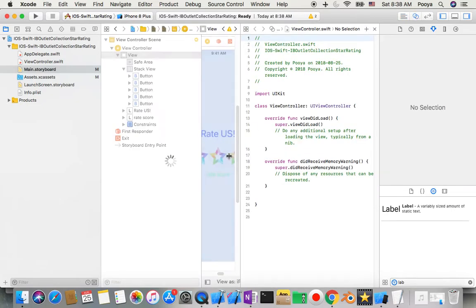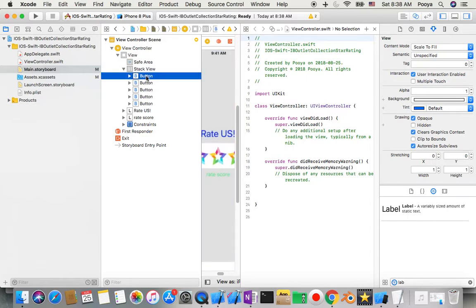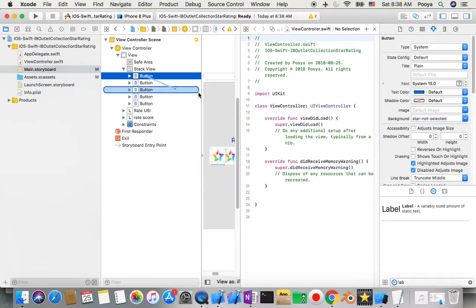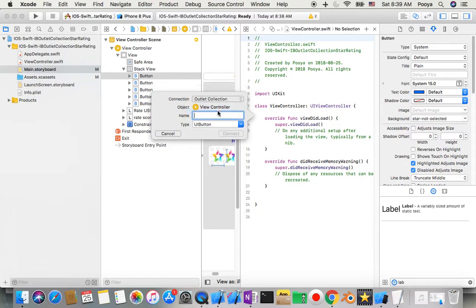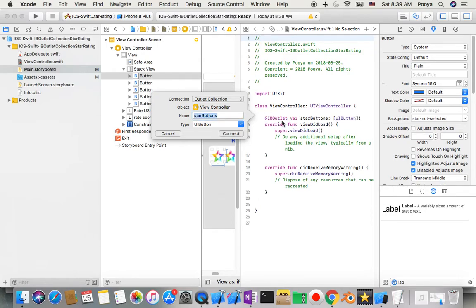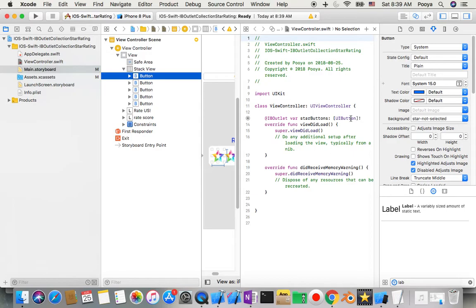So I open Assistant Editor, and from the first button I control drag on top of this viewDidLoad, and I choose Outlet Collection, and now I need to name it. So I name it starButtons. So it creates one outlet collection. The difference with an outlet, you will see, is that it gives you an NSArray,